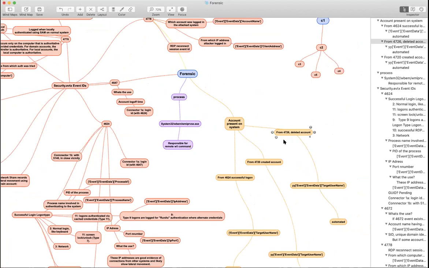Suppose you get an account, maybe ABCD, then you will connect with the owner and ask them if they're aware of this account. If they are not, then you will prioritize this account and look at all the activity that happened from it, whatever got highlighted from 4726. So using these three things you will be able to get the accounts that were created by the attacker, or the accounts on which someone logged in.